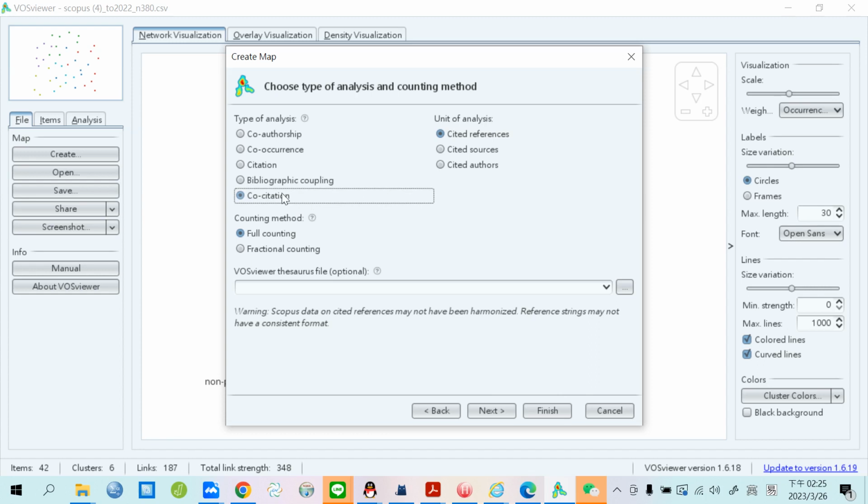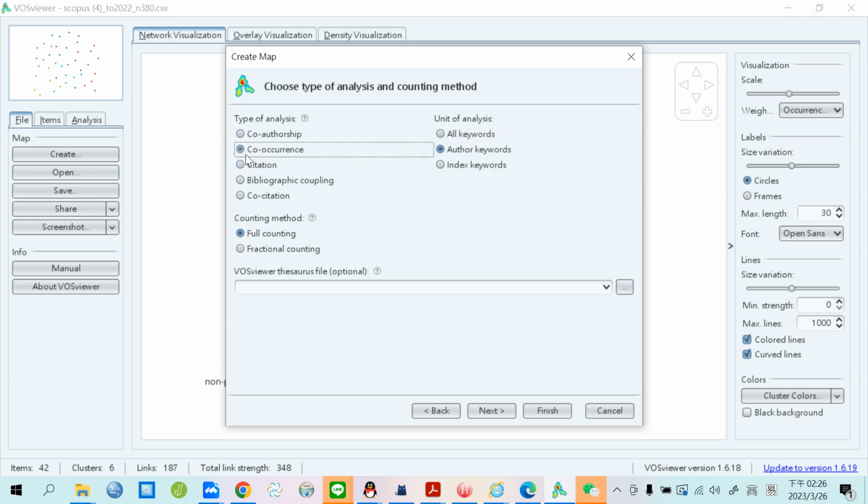Well, this technique is to examine your cited references. So at the end of your article, you will list a lot of references for the readers. If most of the references of your article look very similar to another one, that means your article should have some themes or some parts in common. Yeah, quite similar. Okay, and then now my interest is to see the co-occurrence of author keywords